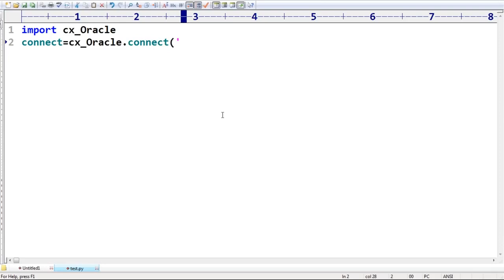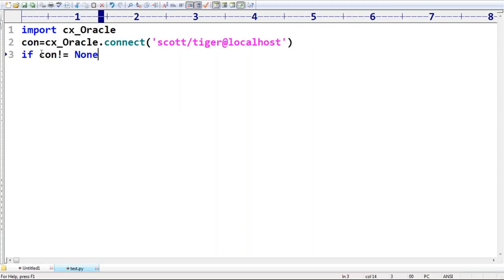Sir, here you are required to provide the username, Scott, and the password, Tiger. Next, where is this database available? Localhost. Okay, sir. Now, if con is not equal to None, print